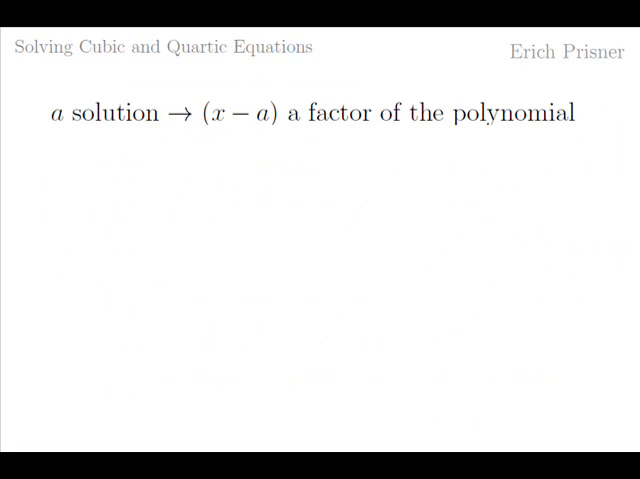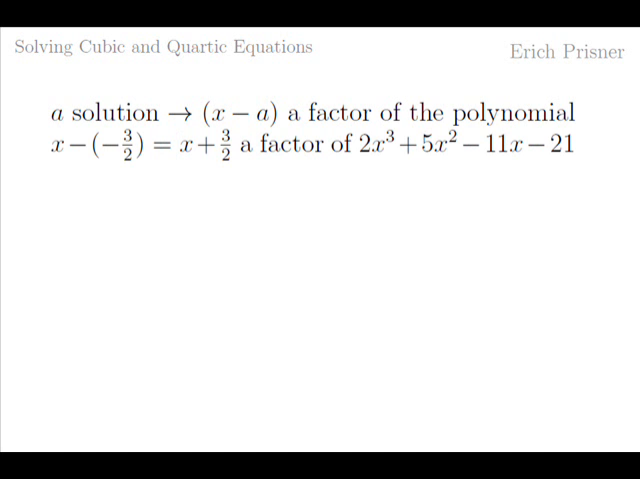After having found one solution, what about the others? Remember that if a number a is a solution of a polynomial equation, then x minus a must be a factor of the polynomial. In our example, x minus negative 3 over 2, x plus 3 over 2, must be a factor of the polynomial 2x cubed plus 5x squared minus 11x minus